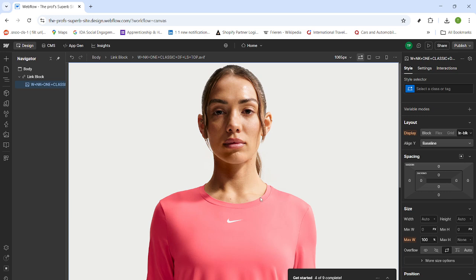That's it. You opened your project, placed or selected an image, chose the asset, added the link in Settings, and verified it works. Follow this flow anytime you need a clean